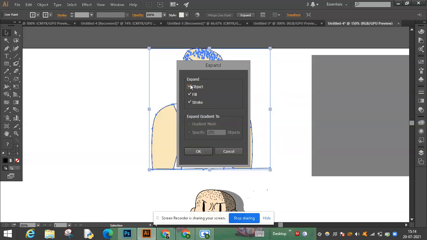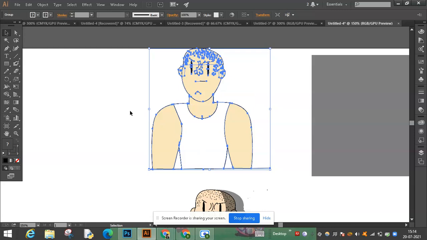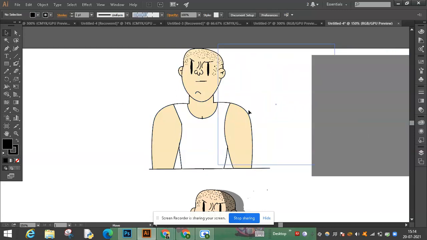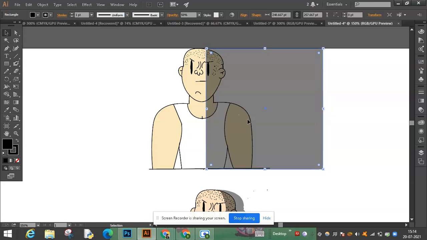Then take everything and click OK. Now it should be fine. So again, take your rectangle, move it to the right spot. Adjust it as you want. You can also adjust it with the arrow keys.